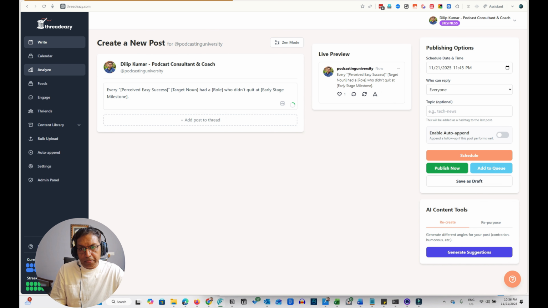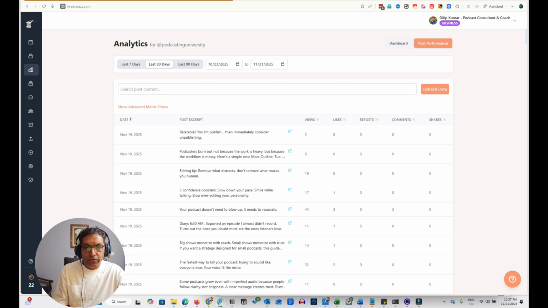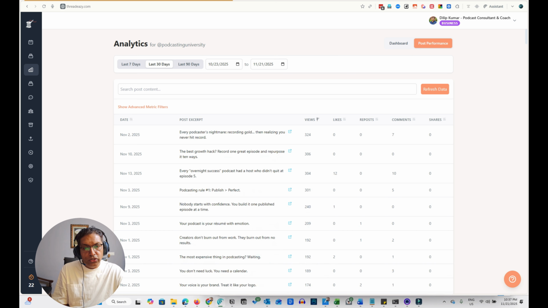Now, another powerful feature here is when you go into the analysis page, you have an option here which shows the post performance. So when you go into post performance, you see all of your posts for the last 7, 30, 90 days, or whatever time frame that you want to see. Now, this pulls the data for all of the posts for this period. When you go into views and sort it, now what this feature does is it helps you repurpose your most powerful, most engaging posts. Like, for example, I see here, this one got me about 324 views in the last